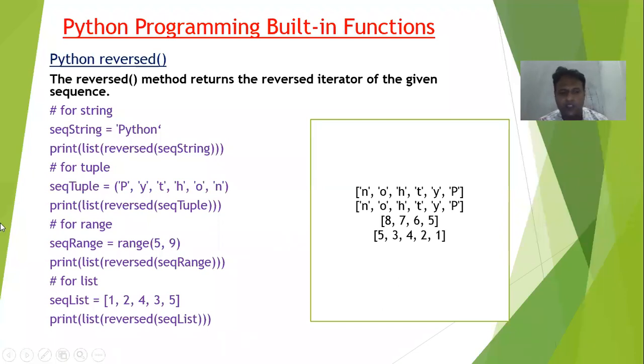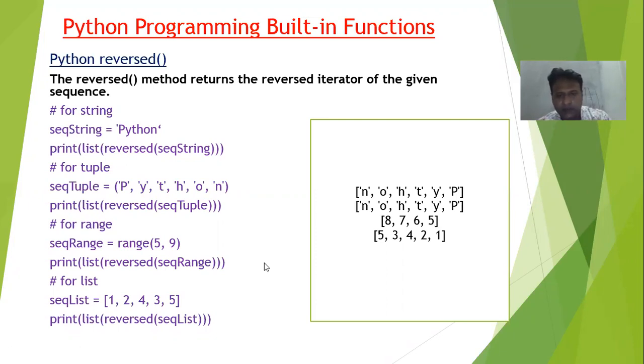Next, the Python reverse keyword. If you write reverse of a string, it is converted to the other order. List reverse sequence, then range 5 to 9. If you write reversed range 5 to 9, it prints 8, 7, 6, 5.